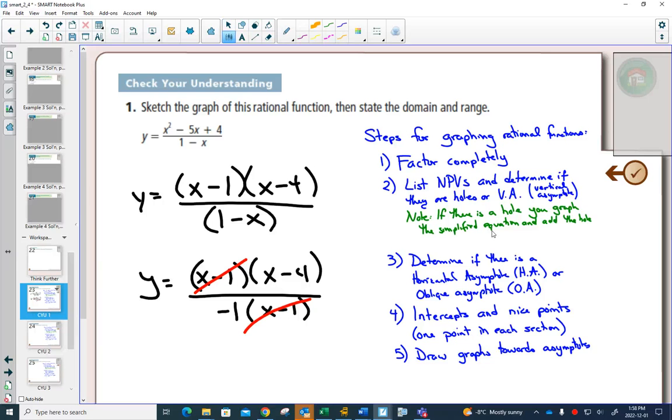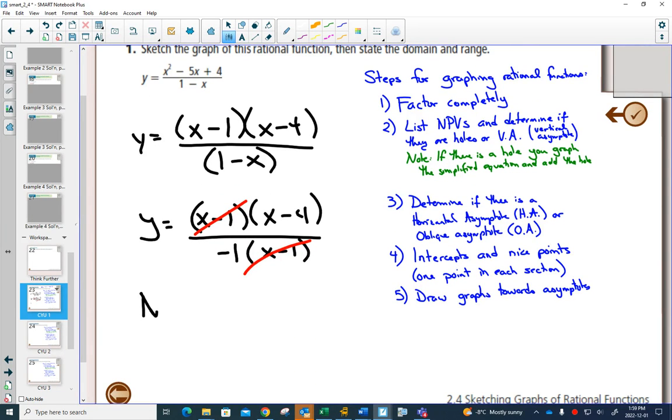So here in example 1, we factored completely, but sometimes, and I don't know if you want to add this as a note, sometimes if you have the same factor, but the numbers are switched, one is x minus 1, the other one is 1 minus x, you can factor out a negative, and then they're going to actually cancel out. So when we go to list our non-permissible values of this one, x can't equal 1,